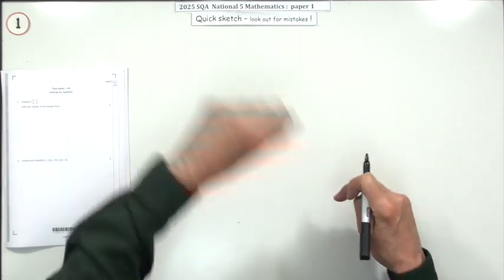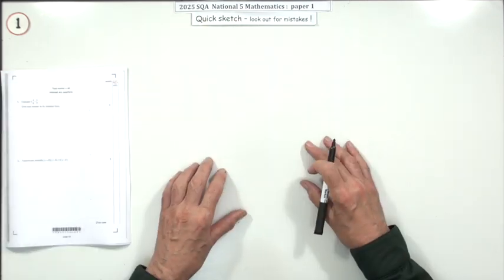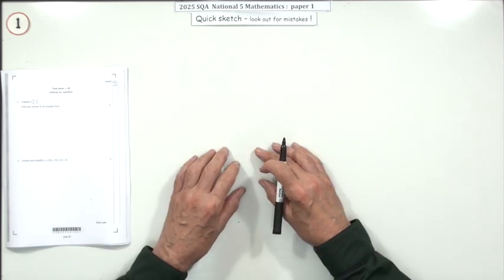So paper 1 then from the 2021 National 5 in its entirety. I'm just going to do the whole lot in one go, a quick rattle through. So question 1,